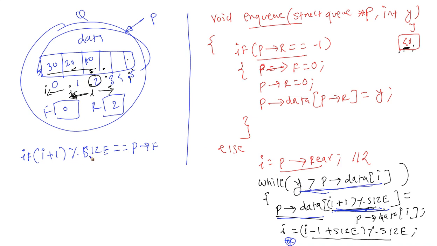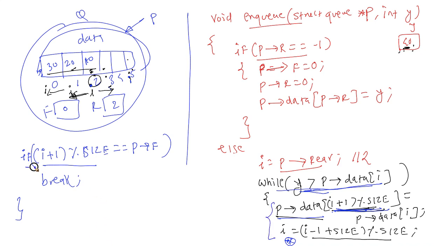But at some point in time, we'll reach a location where I will be equal to F, right. We are incrementing I in this direction, so wherever I is, if the next location is front, that is, if I plus 1 mod size equals P arrow F, then we'll break, right? That's it. So what we did here is purely for shifting,